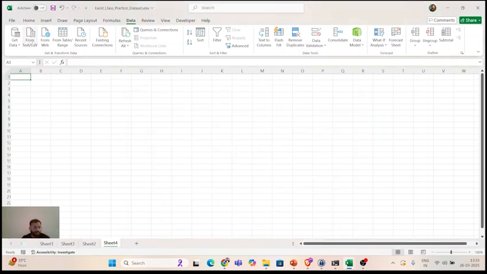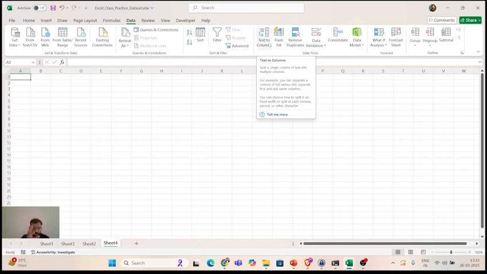So this is how you do it. From web, if you want to import the data from a website, from text files, CSV file, all of these options are present, correct? Then again, see, the sorting and filtering option is present here also. It is very similar to the home tab, nothing different, just the same option present in different locations, nothing big, correct?